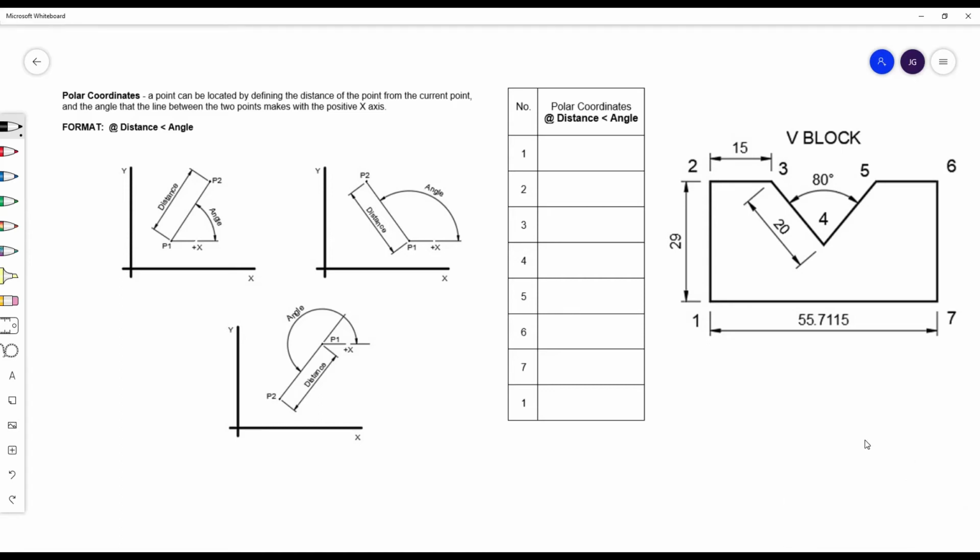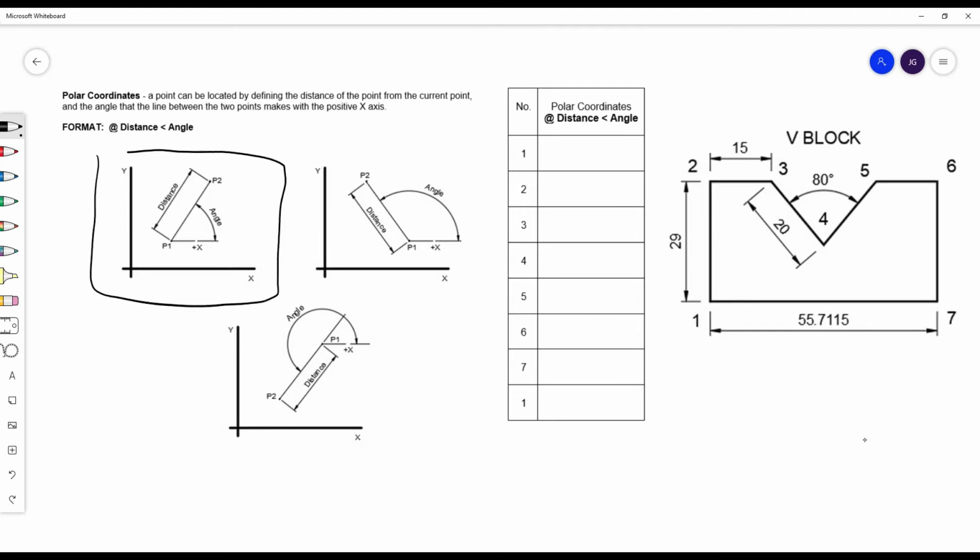So, polar coordinates. In polar coordinates, a point can be located by defining the distance of the point from the current point and the angle that the line between the 2 points makes with the positive x-axis. Okay, so for the first figure, as we can see here,